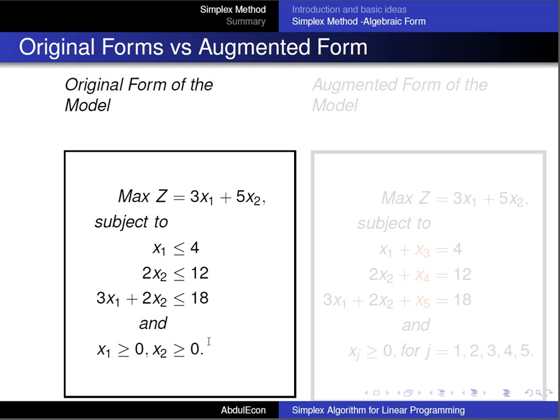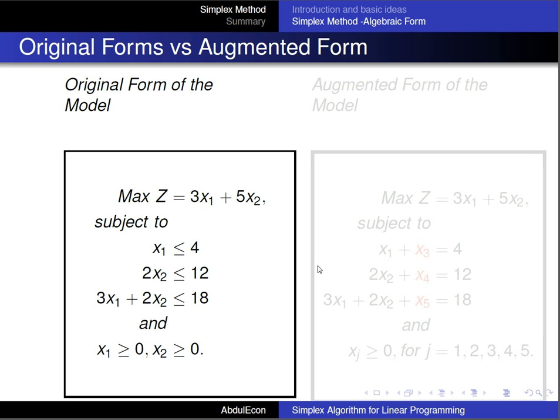So this was the original model, and in this form, we said we were fortunate because it was a standard form maximization problem with all functional constraints less than or equal to, and finally with non-negative constraints. Okay,